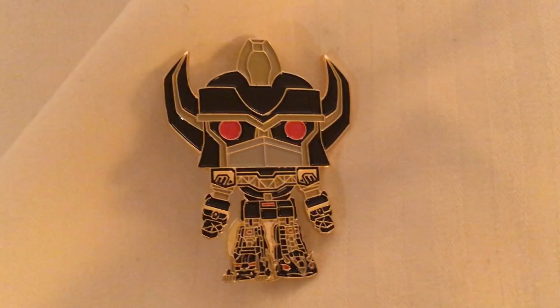This is a pin version of the Funko Pop of the black and gold original Megazord. So, yeah, that's a very interesting thing to have a pin of. That was a convention exclusive, I believe, so it's neat that they had a pin made up for it. I will say the detailing is very intricate on the smaller parts, the arms and legs and everything. Pretty neat. Like I said, I'm never too impressed by alternate color schemes, but it still looks pretty neat. I would actually love to see this pin in its proper colors, but...